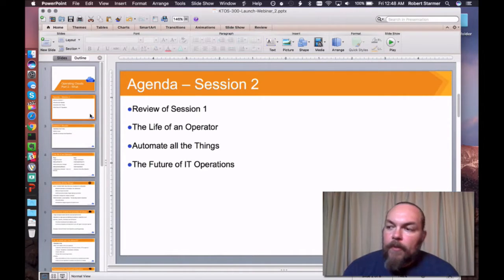clouds. We're going to talk a little bit more about automation. Really, when we talk about automation, all the things need to be automated. And really, it's a bit of a joke, sort of an internet meme, but it is an important aspect of the concept of operating clouds and what that really means today. And then we're going to talk a little bit about the future. Where's the intent of this entire session?